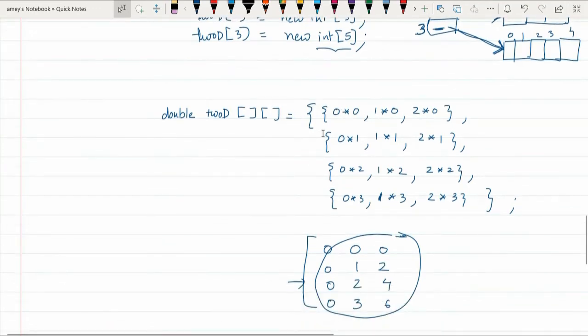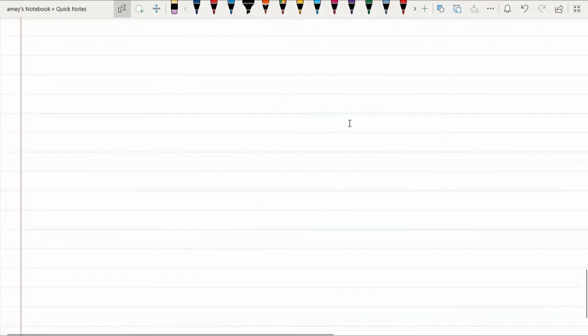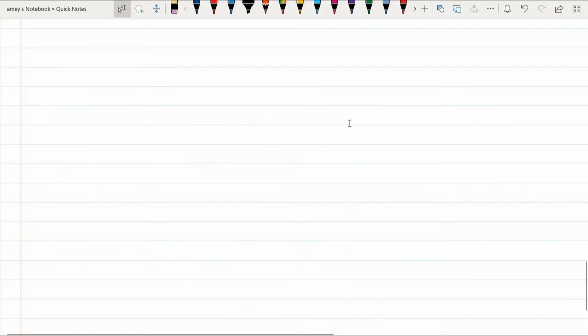Okay, this is called as static initialization. That is, you are doing the initialization within the program. You are not asking the user to enter the values in the array. Now we have seen two-dimensional array. Now if you want to declare a three-dimensional array, then the syntax will be like this. Say int 3d. Now we will have 3 brackets here equal to new int.